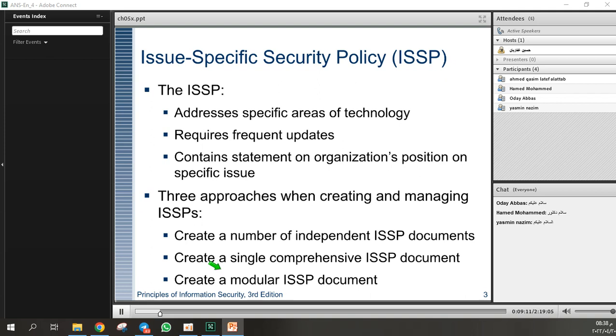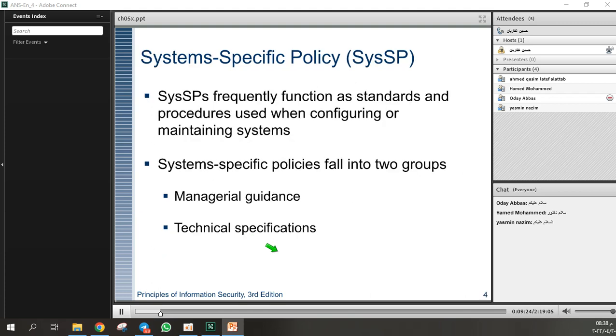Okay, I can prepare different documents, maybe too many, I don't know. Maybe I can create a single comprehensive document, or maybe a modular document, with different modules. It depends on the strategies in this way. There is no difference between them. Okay, it depends on the people who write those documents, who publish those policies. Okay,